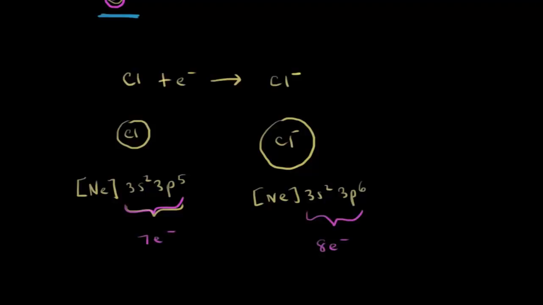Now, the explanation for the larger size of the chloride anion in most textbooks is you'll see people say that the addition of this extra electron means that those electrons are going to repel each other more. You have 8 of them instead of 7, and so because they repel each other more, it gets a little bit bigger. And that makes sense, but you'll see some people disagree with that explanation,